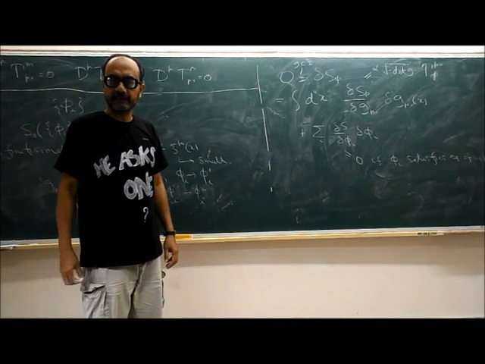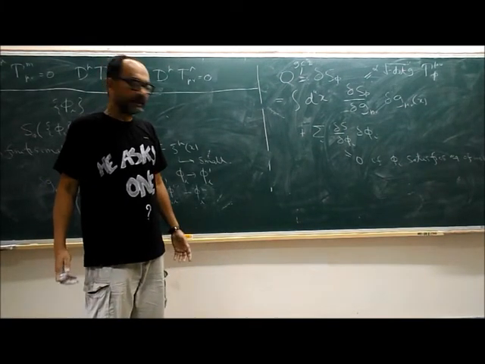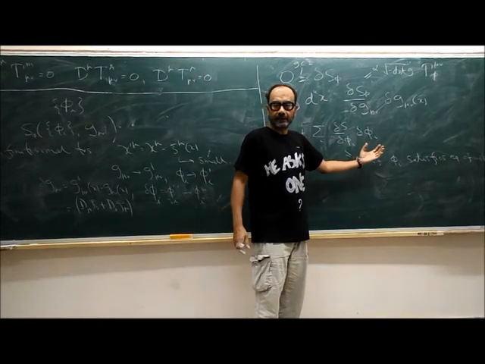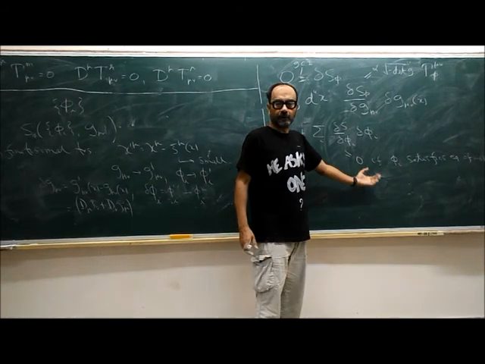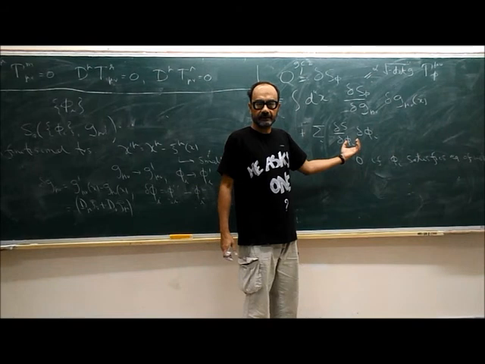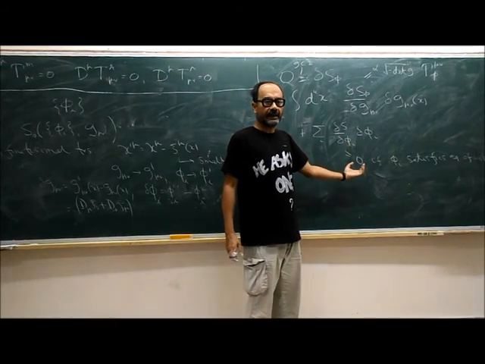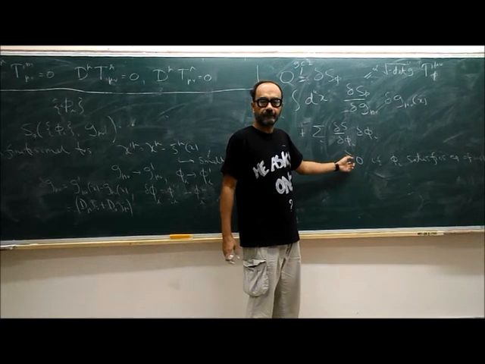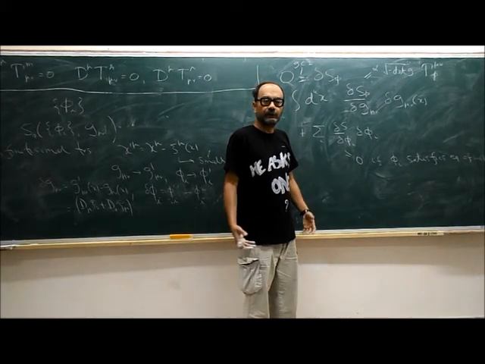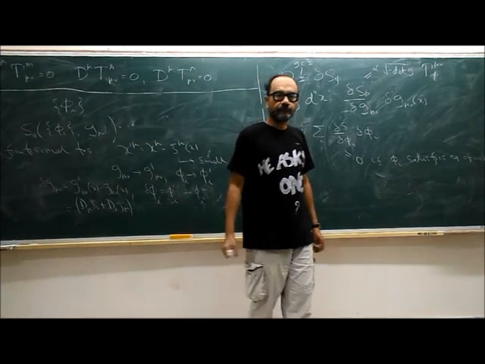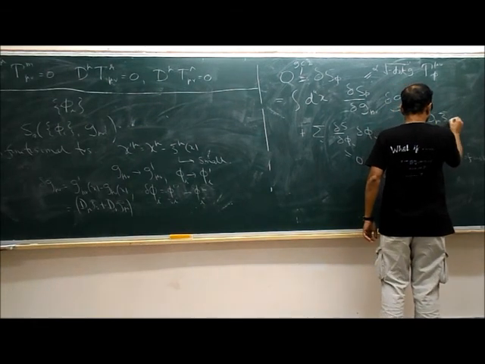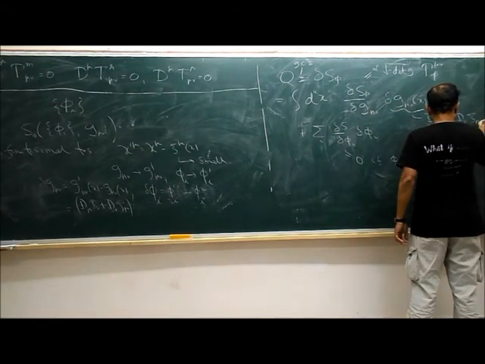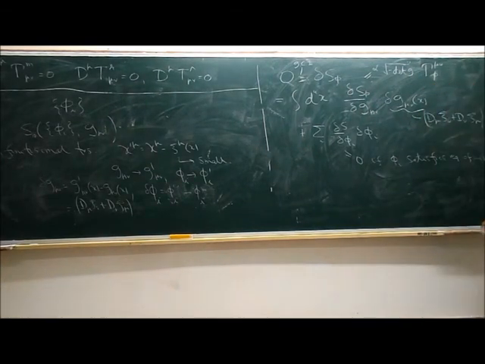Is this clear? Why is this 0 from the equation of motion? The Euler-Lagrange equation is delta S by delta phi equal to 0. You extremize with respect to arbitrary variation of phi to derive the equation of motion. So if the equation of motion is satisfied, then this is 0 by definition. You make an arbitrary variation of phi and it should be 0 to first order. Delta G mu nu is d mu xi nu plus d nu xi mu.